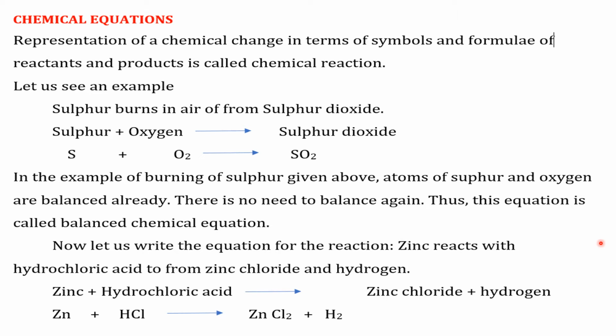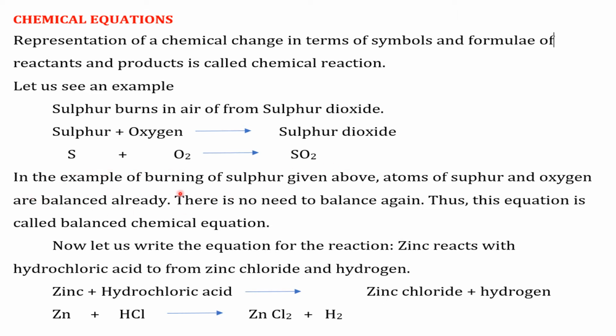We know that from the law of conservation of mass, atoms are neither created nor destroyed. During a chemical change, the number of atoms of different elements should be equal on the reactant side and product side. If the number of atoms on either side are not equal, it gives an idea that the law of conservation of mass does not hold good. If the number of atoms of different elements and compounds are not equal, then they should be equalized.